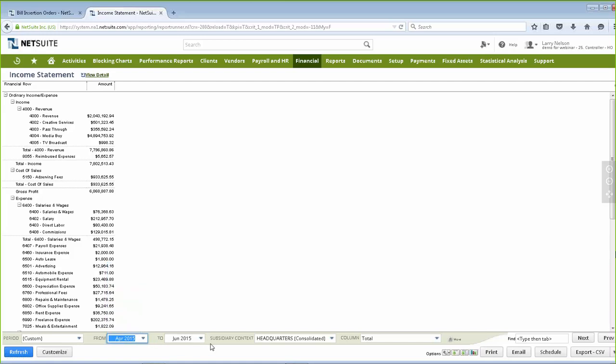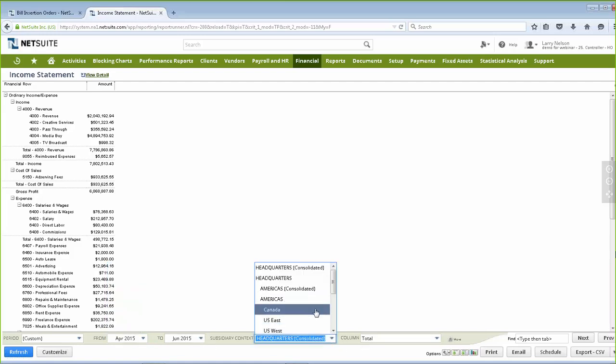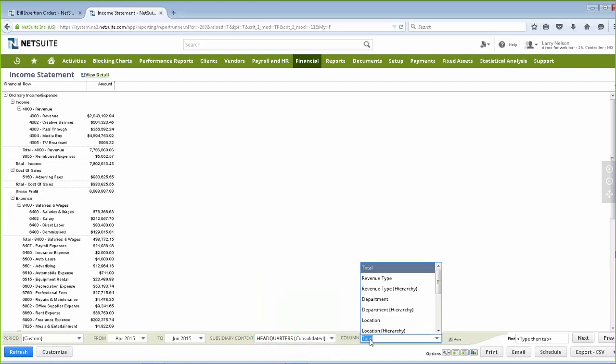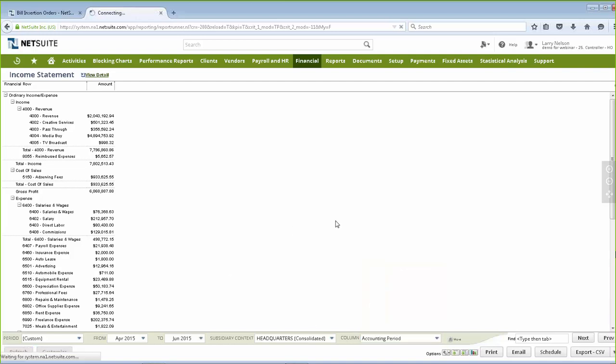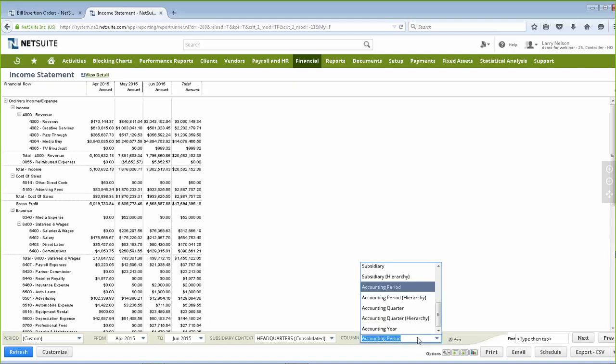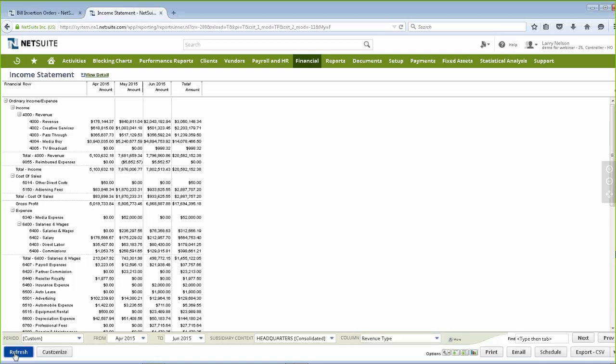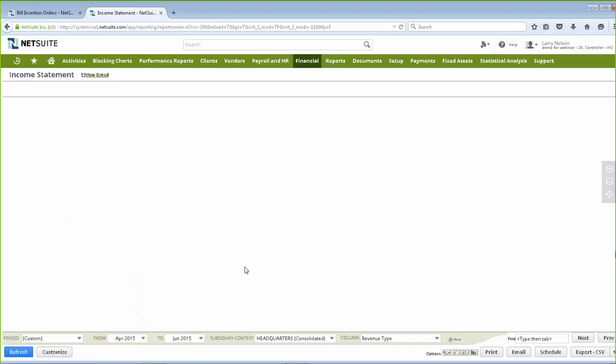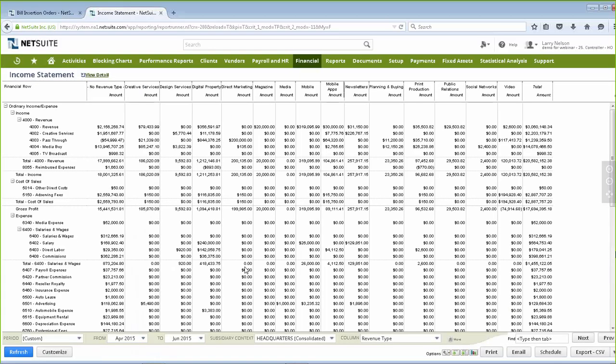Let's go back to April, and I can also determine how I want to look at it. Do I want to look at it as an individual subsidiary on a head office basis? Do I want to look at it by accounting period over time, how things are trending? Do I also want to look at it by revenue type or by subsidiary? So a lot of flexibility on how I want to see these reports.